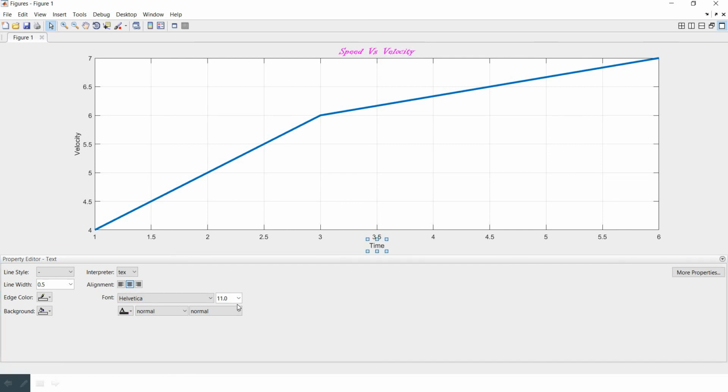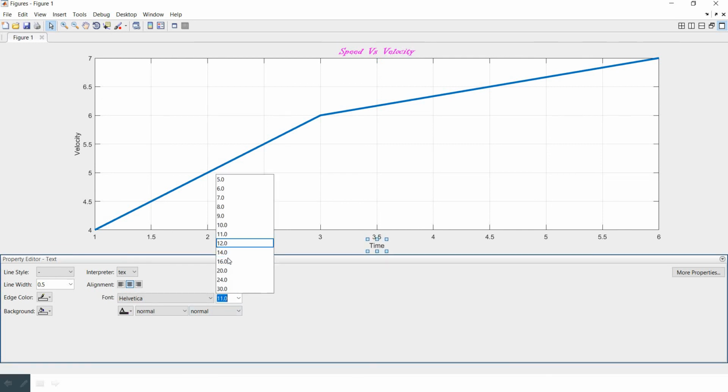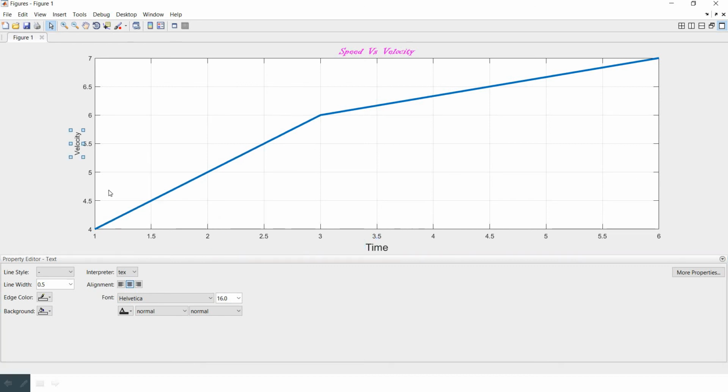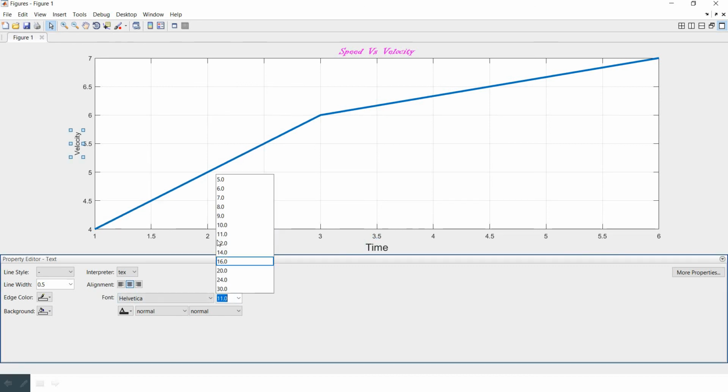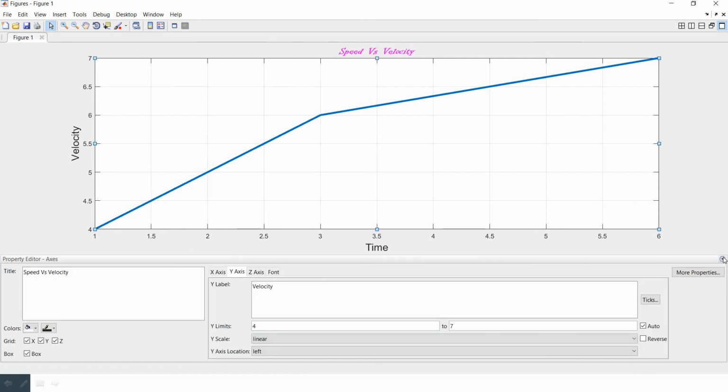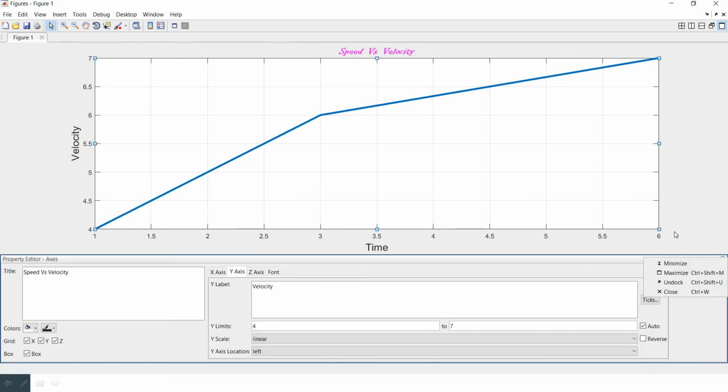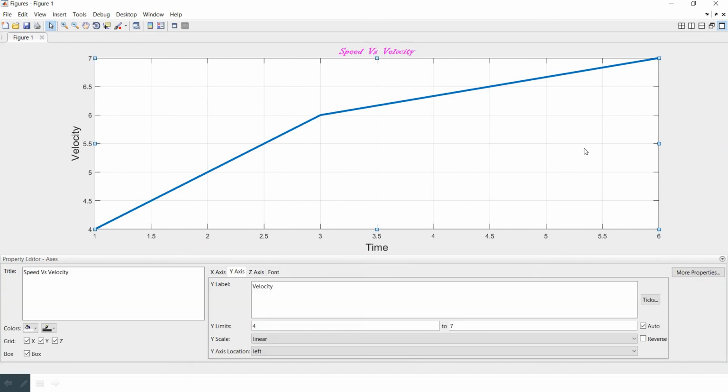Similarly, the other axis also you can do. Let's say 16 of this. So this you have done. Now if you want to show what this blue line represents in the graph, because here it is only a single graph, if there are two representations over here, then how will you identify?